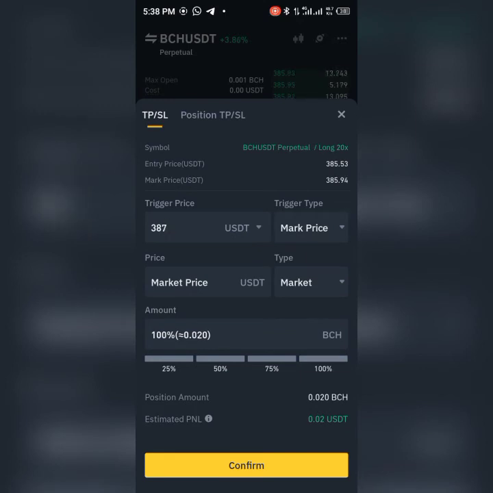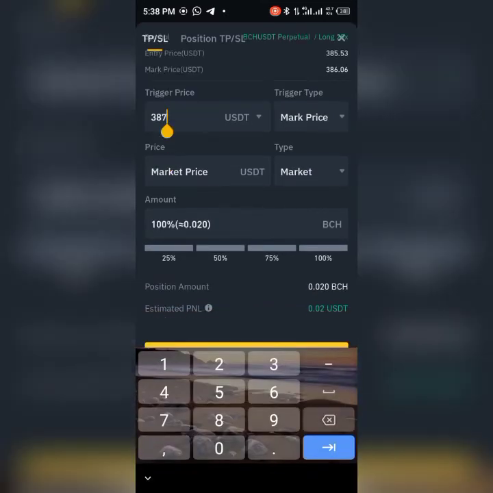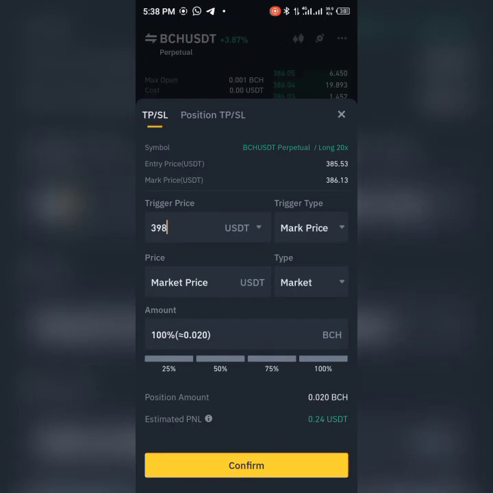It's not that big. I think I will have to increase my take profit, so I'll make more on it. So is that easy? Okay, let me say what if I set it at 390 for that to trigger? Yes, this is what I'll make, an extra 0.24 USDT on it. So is that easy? That is close to